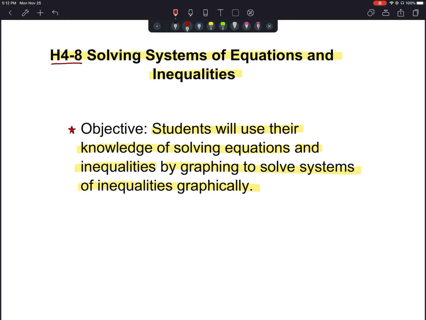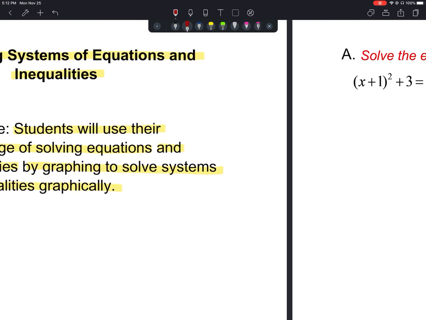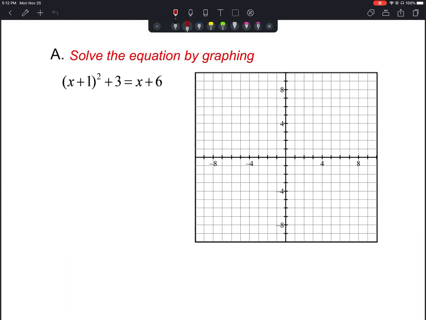So our objective here for this lesson, students will use their knowledge of solving equations and inequalities by graphing to solve systems of inequalities graphically. So we're trying to solve some inequalities using the graph instead of doing the algebra that we've been doing the past couple lessons. So letter A says solve the equation by graphing. So this is just a little review problem here, looking at some of the methods that we can use for